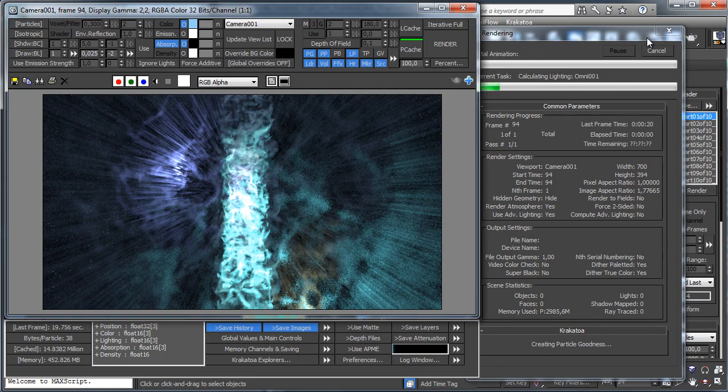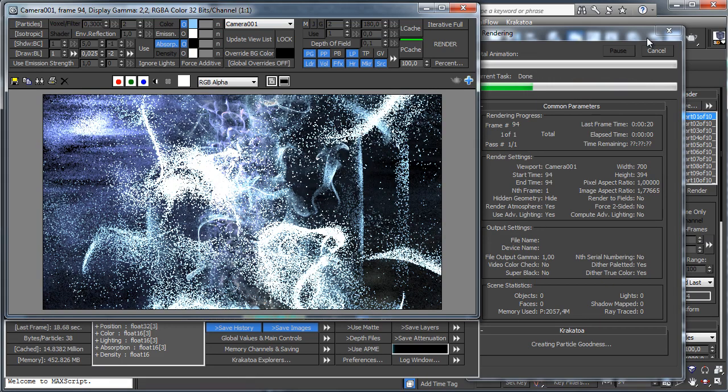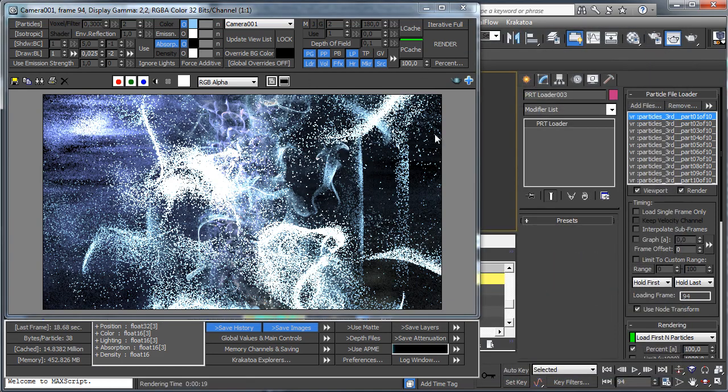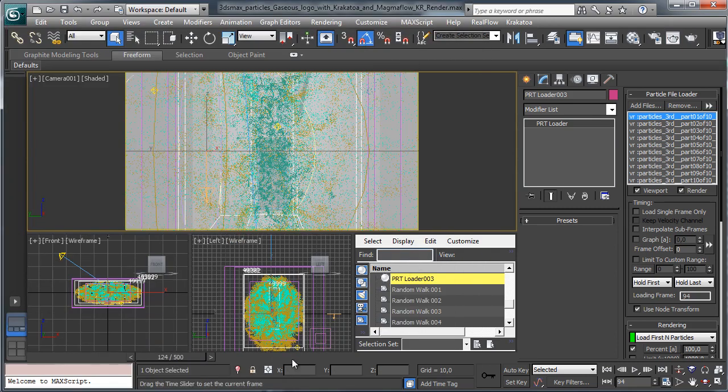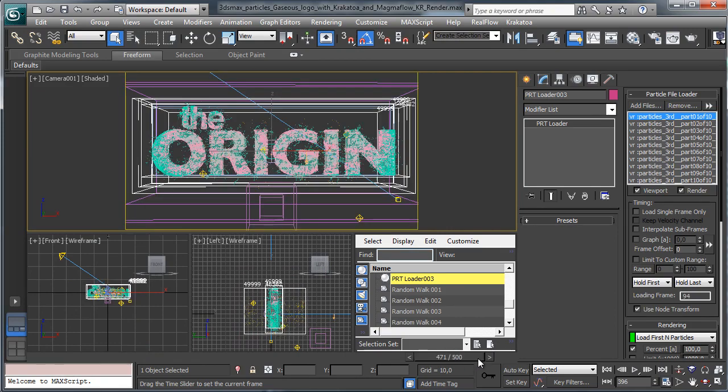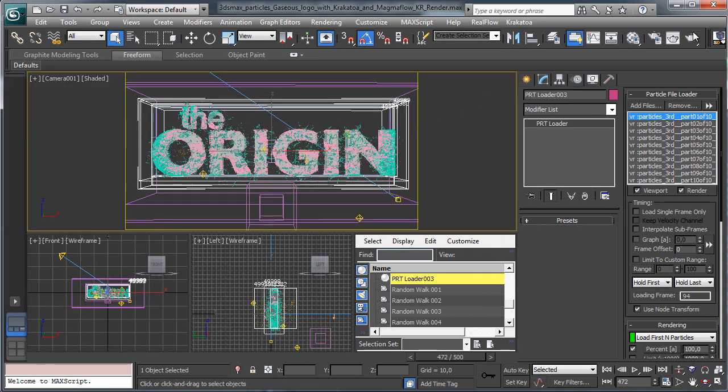So a lot of stuff will be done in compositing. Obviously, in your project, if you have the possibility to export more partitions with more particles, you need to tweak less inside the compositing, because you see actually we have a lot of points there and we have also a lot of lighting. So we have to tune up the lighting too at the end, but before I'd like to go to see the text when it is forming,